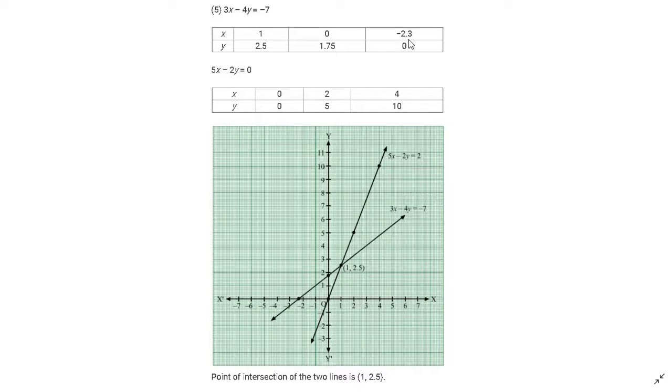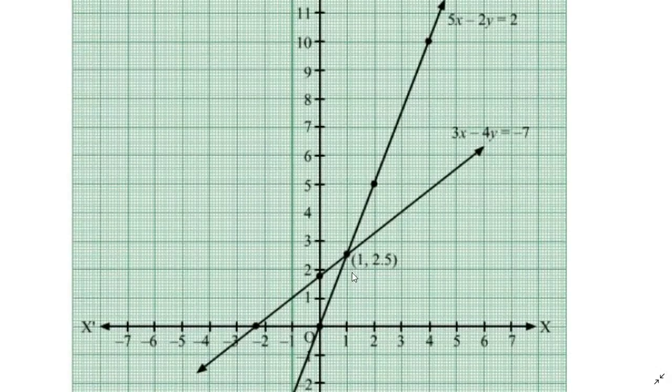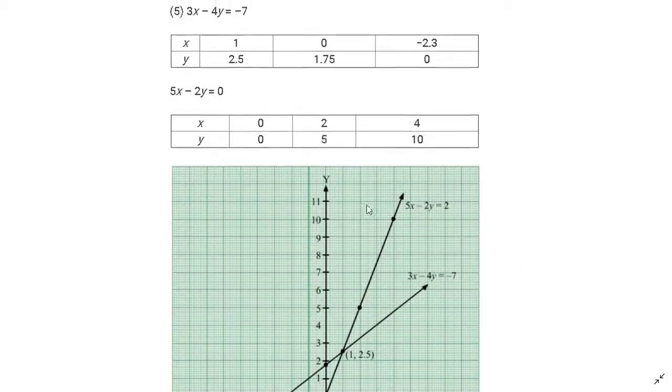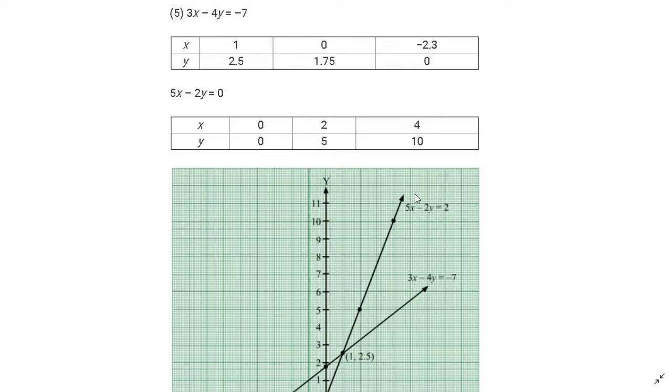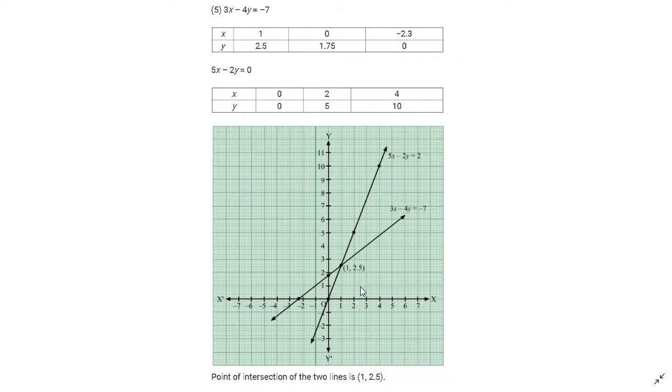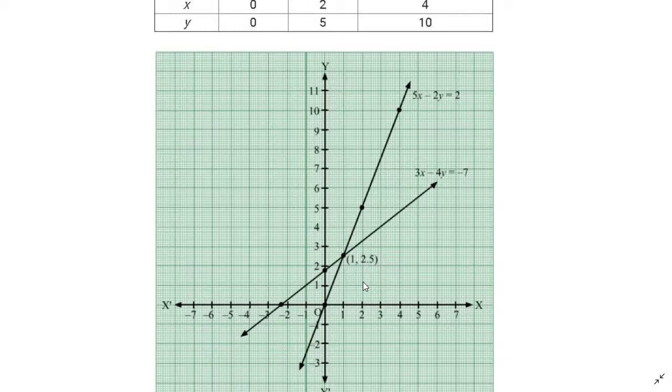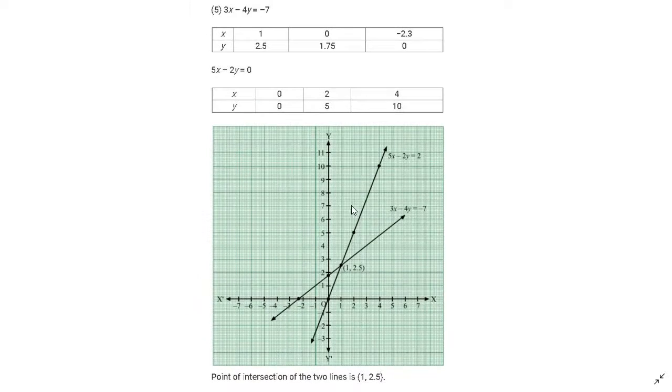As we can see, we can show minus 2.3 on the graph paper. How can we show minus 2.3? Minus 2.3 is the third part of the 10 parts. Okay, minus 2.3. We will show it here. x is minus 2.3 and y is 0. X is 1 first, so plot them one by one. X is 1 and y is 2.1.